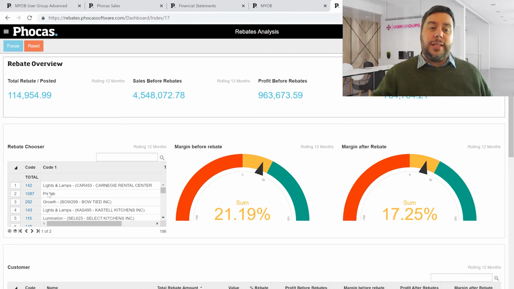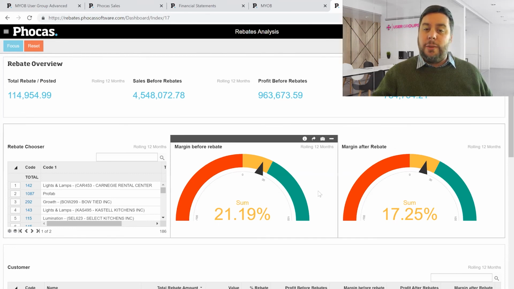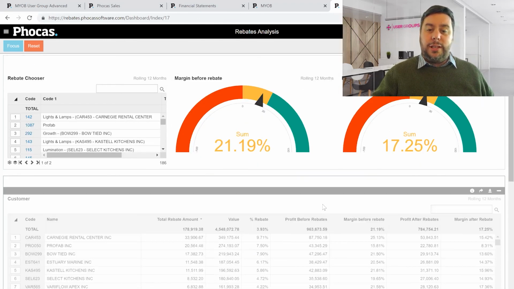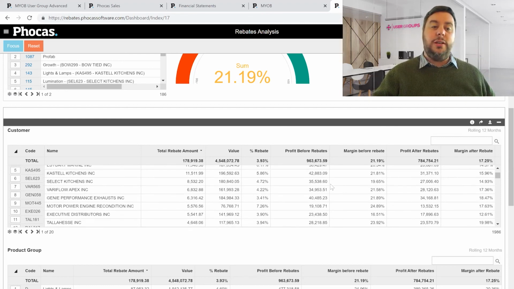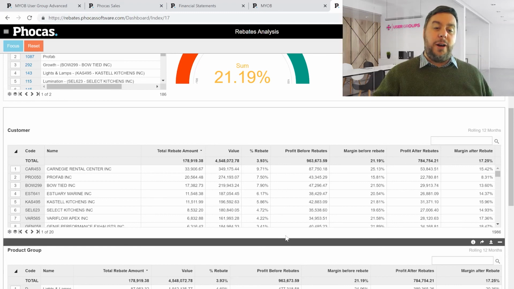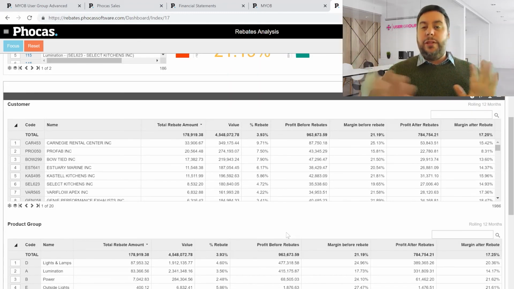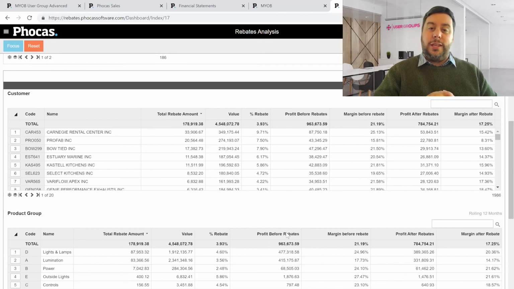Now we can filter these down by selecting different rebate rules and actually doing a bit more of a deep dive into those particular rebates. Or if I actually wanted to, even before I do that, just see what it looks like from a customer perspective. Where do we maybe have some highlights of margin being at an acceptable level and then dropping maybe a bit lower than we would hope? So we can once again drill through, do some more deep dive analysis on this. And if we're not just doing rebates by customer, but we're also doing rebates by a product group or by a supplier, your imagination really becomes the limit with this.